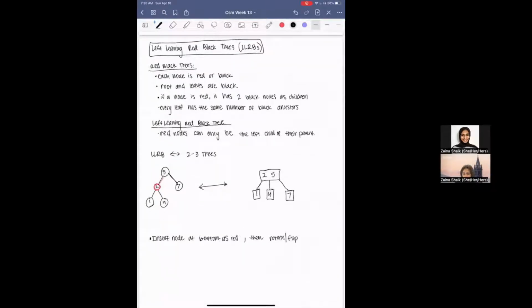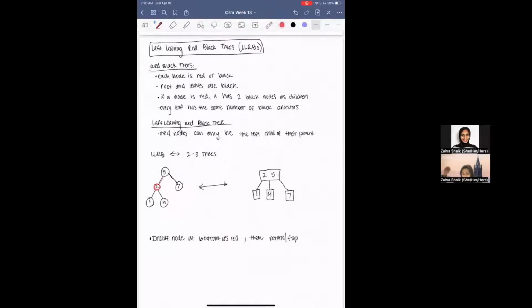So red-black trees, some key properties of them are that each node is red or black, and the root and leaves are all black. And what it means when a node is red is that it has two black nodes as children. And in order to find the height of the tree, you can remember that every leaf has the same